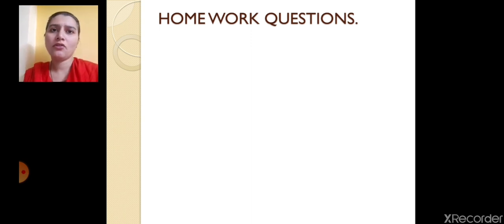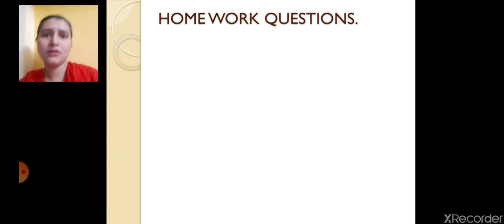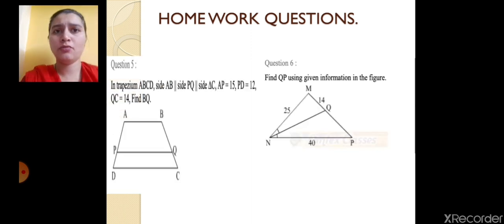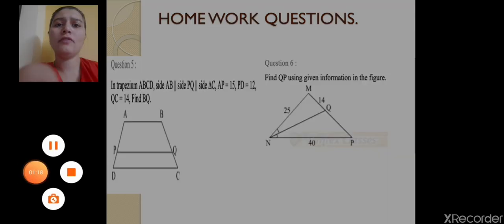Okay, when you are solving theorems and exercise, you have to be very clear with the instructions. That is, you have to write the questions, you have to draw the diagram, you have to write the equations properly, you have to write the brackets, and finally you have to highlight the answers. Okay, I hope I am very clear how to write the answers. Now when I am talking about homework questions, here I have given you 2 homework questions, that is question number 5 and question number 6 of your textbook, that is exercise 1.2. Question number 5 and question number 6 I will just give a hint how to solve it.